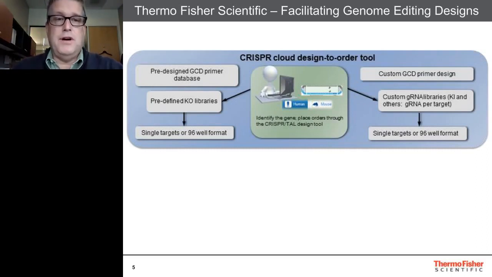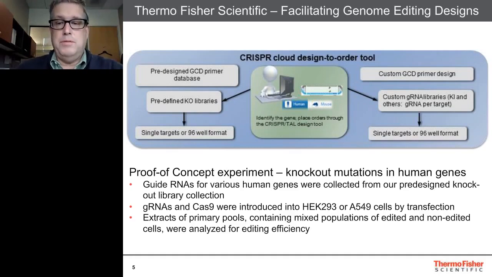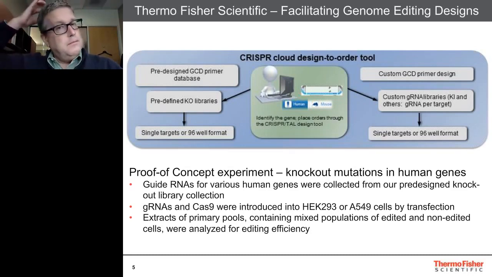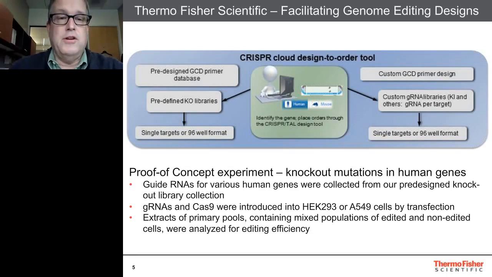So to show you how this is going to work, we've done some proof of concept studies. We've made use of the pre-designed human GCD primer database. We have basically designed guide RNAs for CRISPR and TALEN against all the human genes, so you can make